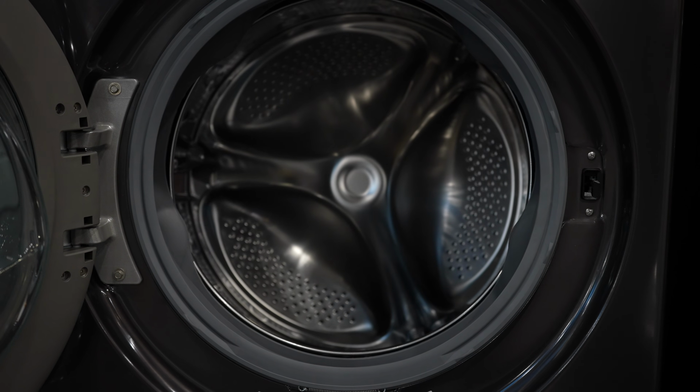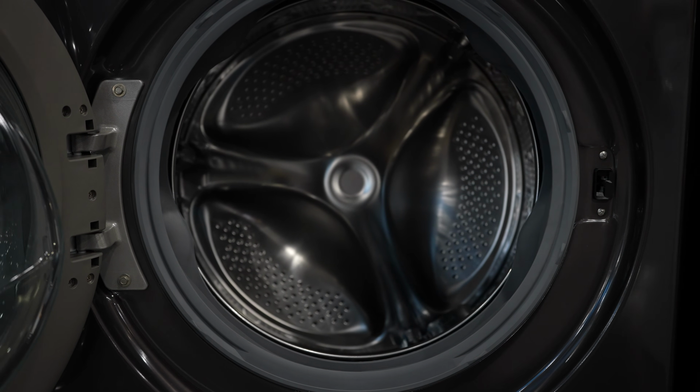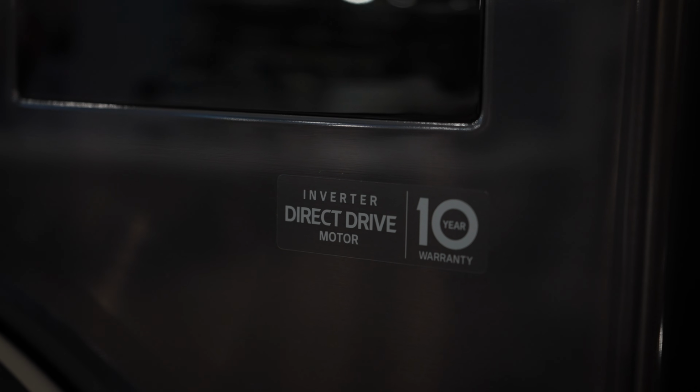And that's not a bad thing, but if you're not a real tech person, that might worry me. But this machine is honestly a fantastic machine. It has the turbo wash on it. It will wash your clothes at a very quick rate and actually really get them clean. The capacity on this is about 5 cubic foot, so it is bigger than the Electrolux and the same size as the Maytag. Again, it's not that much bigger that you'd really notice that big of a difference for a